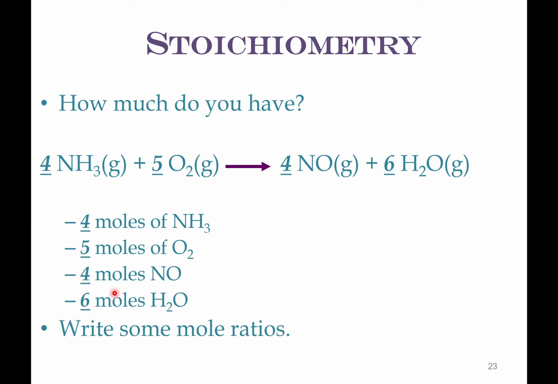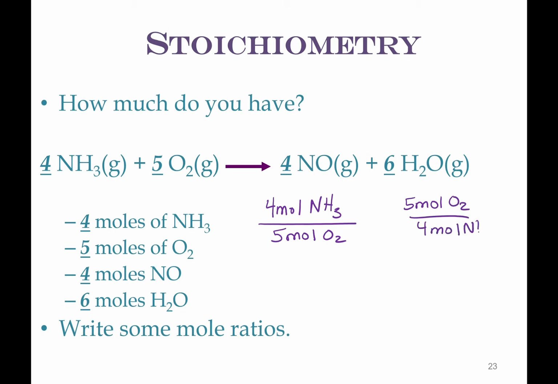Let's write what we are going to call mole ratios. So mole ratios are just what are the ratios of each of these compounds to one another. So I'm going to put these in their per expressions. So if I need 4 moles of ammonia for this to work, I would need 5 moles of oxygen. Now I can write this either way. I can say 5 moles of O2 for 4 moles of ammonia. This is going to be a per expression,